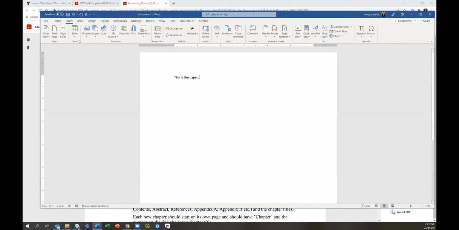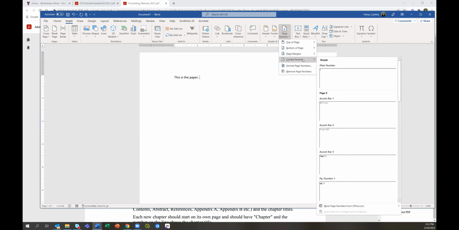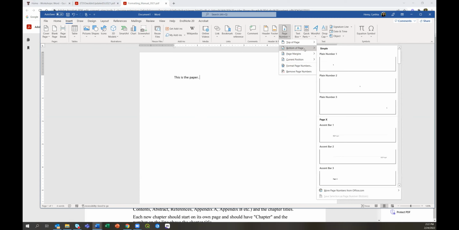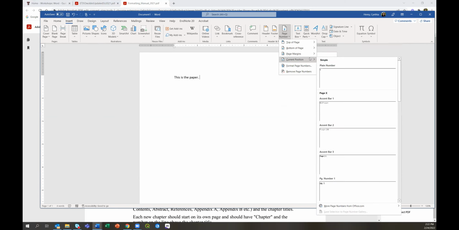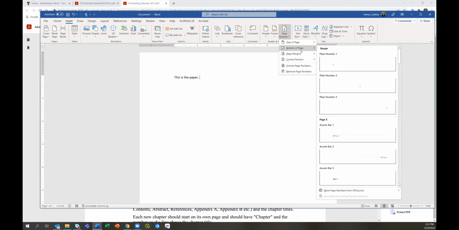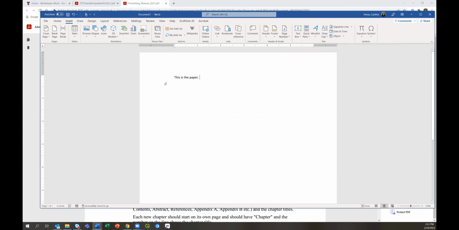Sometimes you use a lot of these pieces, but then you don't use them all the time, right? But the page numbers, if you want to set those up, you would do that. I'm not really going to spend a lot of time on setting this up because they're in the templates. So I think you're supposed to be using the bottom right, but we'll look that up again. But I was really talking about